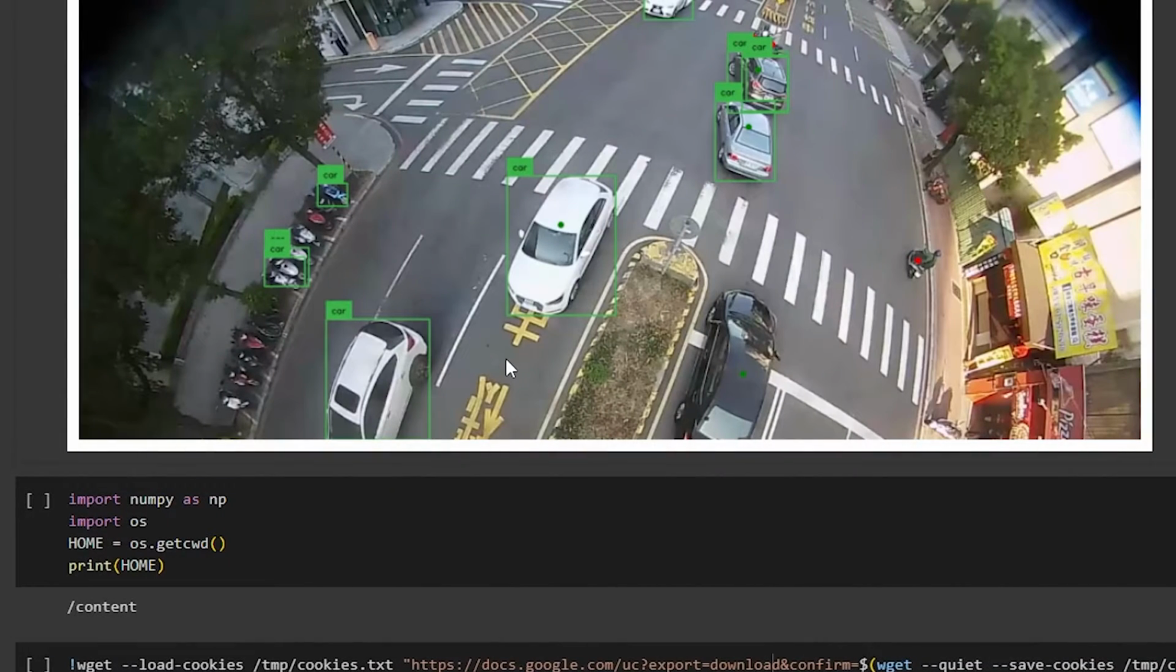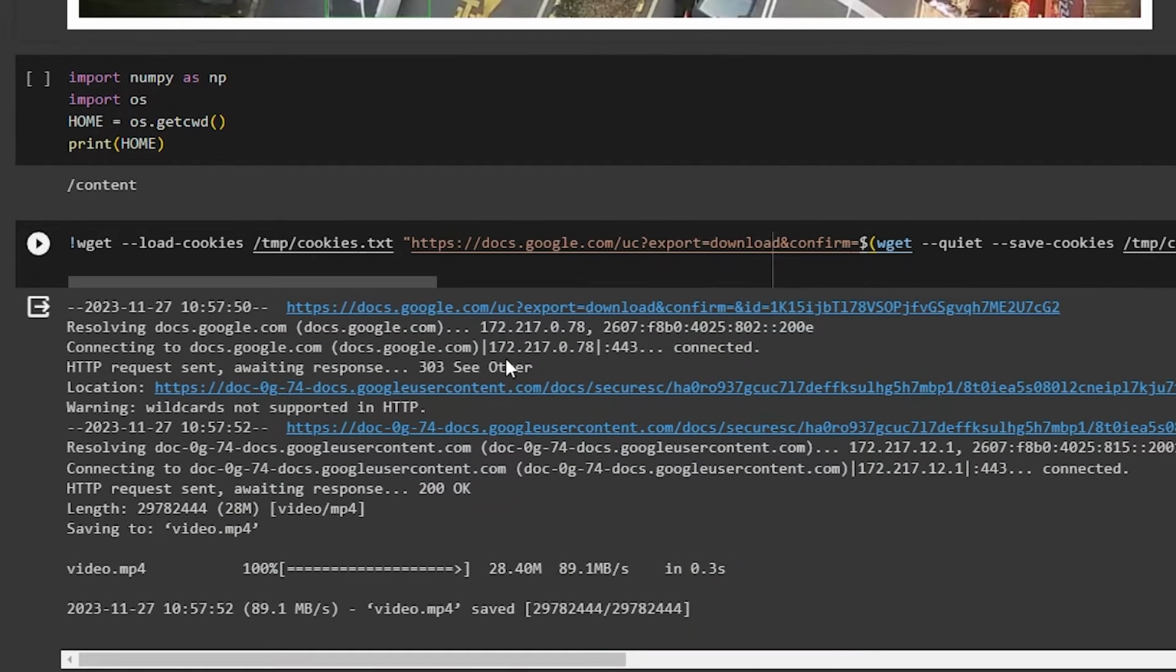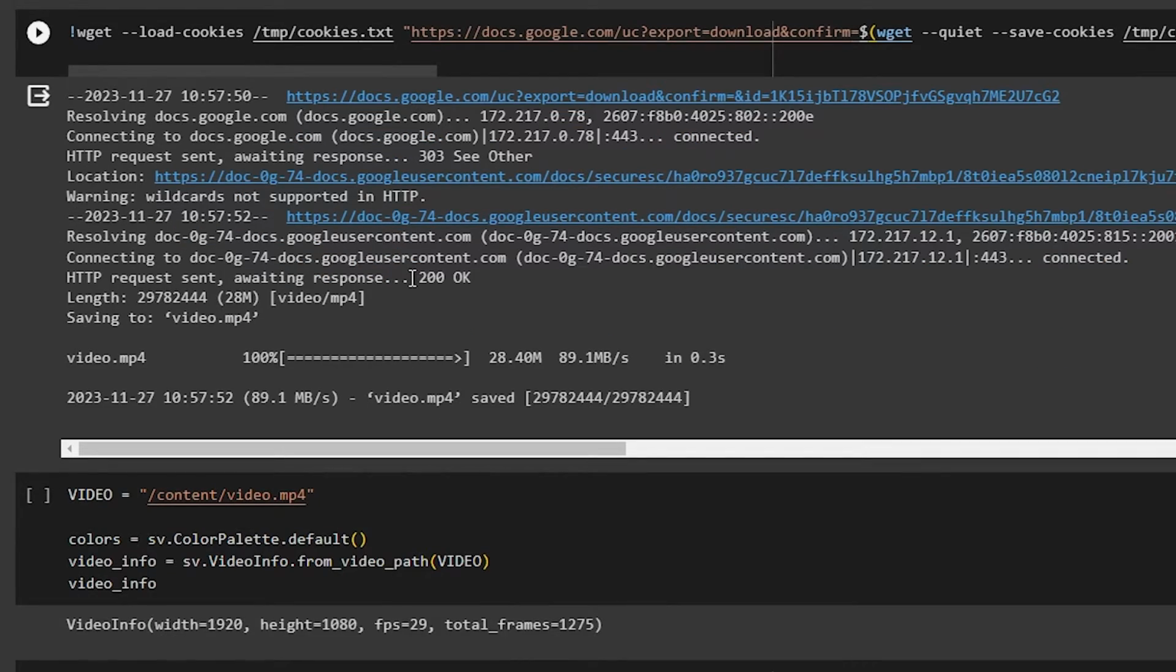Let's take it to the next step. Supervision can also work with videos, straightforward and easy. I am here setting up; what we're going to need is the home directory, downloading the video. I got this video from the Supervision documentation. I will leave a link in the description for all the code I used and learned from, and also